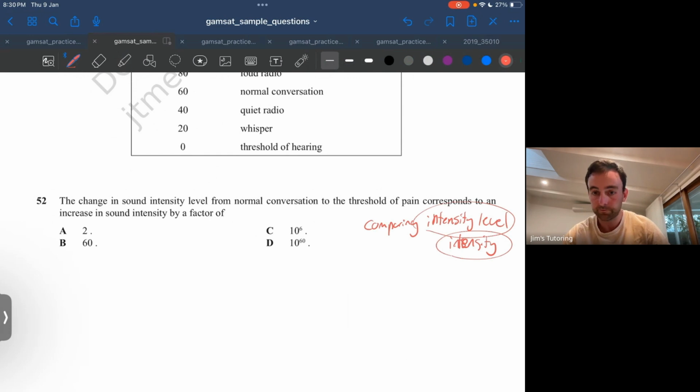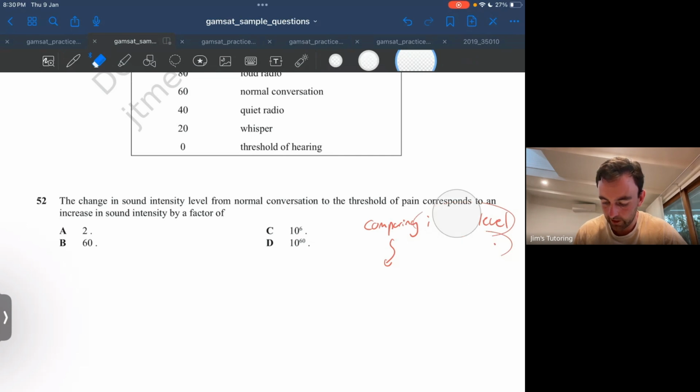This could be anything in life or in the GAMSAT, but if I'm comparing things, I really want to work out what one equals and then compare it to the other. Sounds pretty self-explanatory, but that should hopefully help you. This is actually quite a bad example. You kind of need more than 3 words, but the key thing that I want to capture here is that